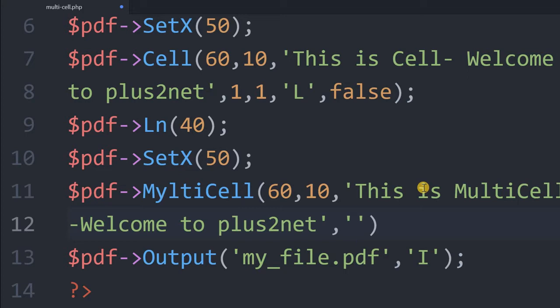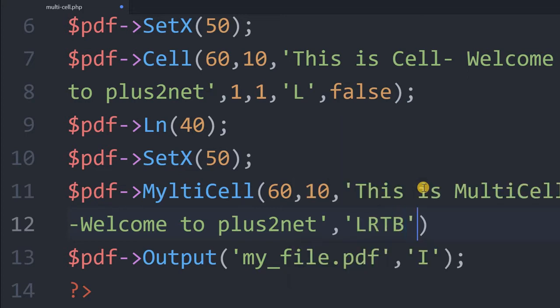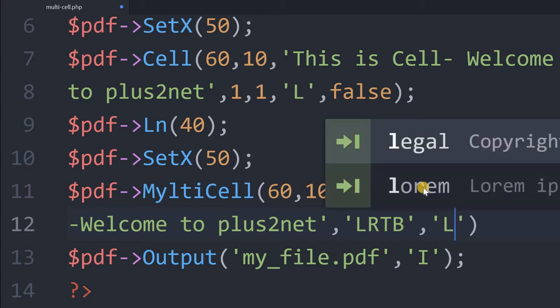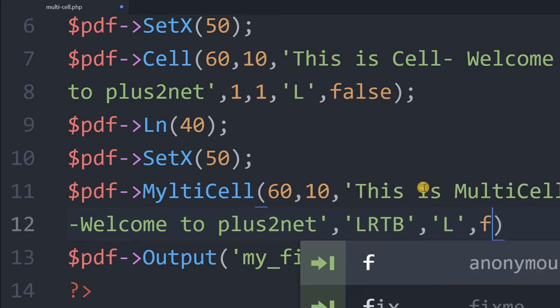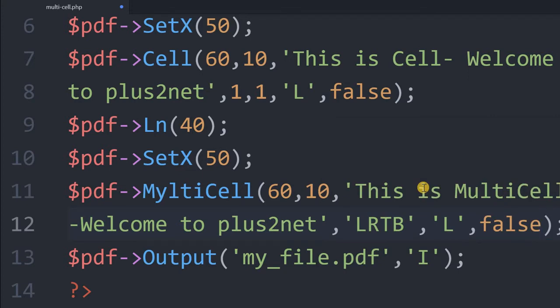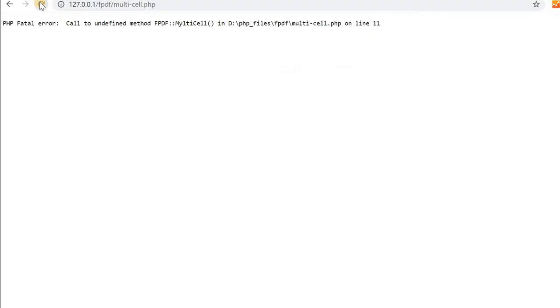Instead of writing 1, we'll write left, right, top and bottom, LRTB. Fine. And aligned as previously, left. Okay, we'll see it left aligned. We'll give false for now, no filling. So that's all we have. Now let's save it and refresh this. Now we have added one multi-cell.